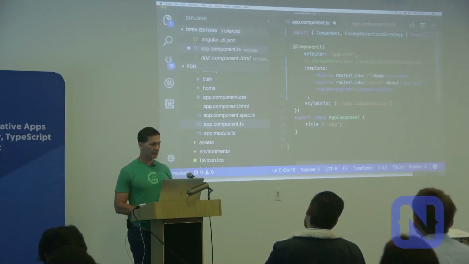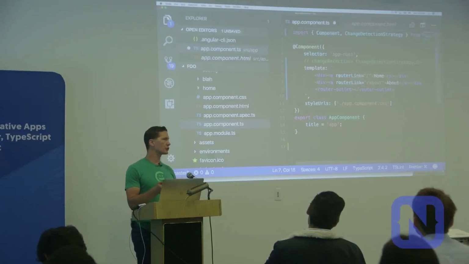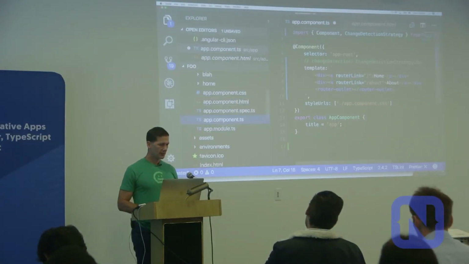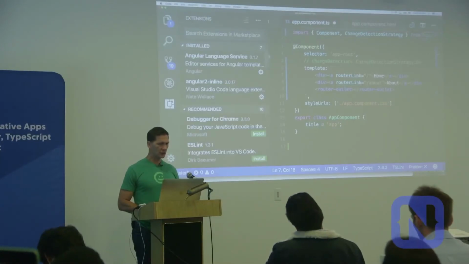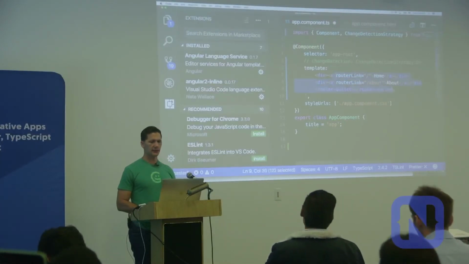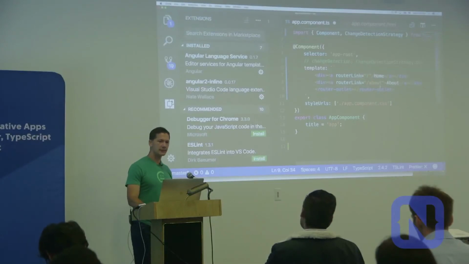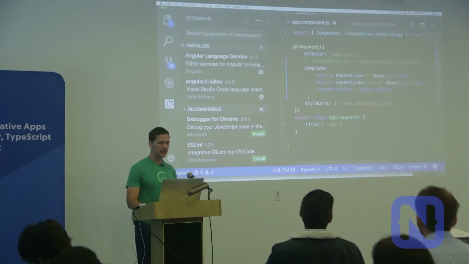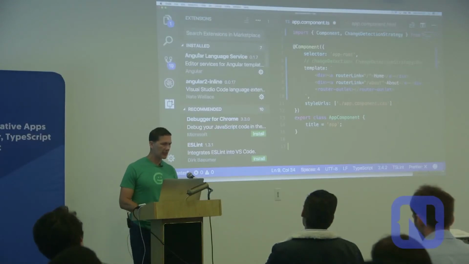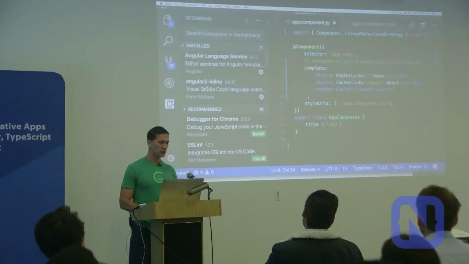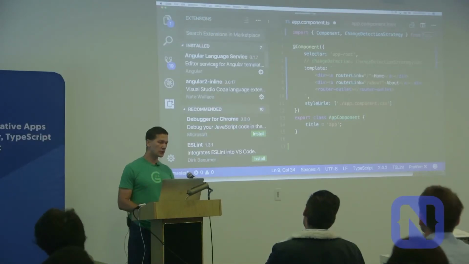You will notice that by default, I'm using Visual Studio Code. One tip is there are a couple extensions you definitely want to use, because you'll see that the template actually has text highlighting and that type of thing, but this is a string. The reason why that works is because I have some Visual Studio Code extensions. Definitely install the Angular language service.